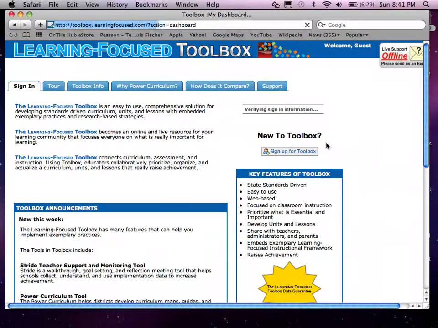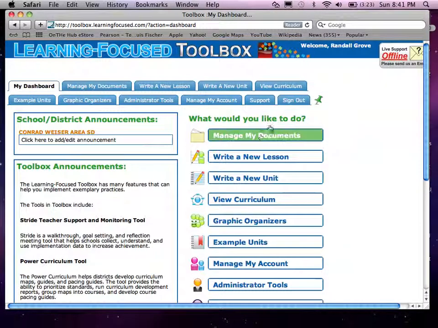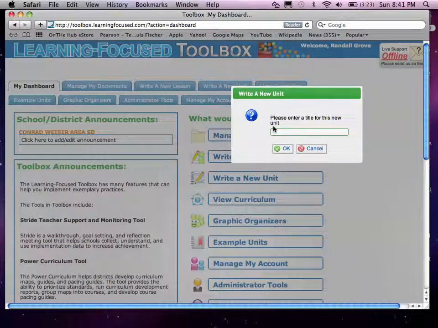Once you're signed into the toolbox, you're going to have a choice. You're either going to go to your Manage Documents and work on a unit that you've already created, or like in this demo, I'm going to create a new unit and then create the KUD chart right from the very beginning. This new unit I'm going to call LA Demo, and this is really going to be